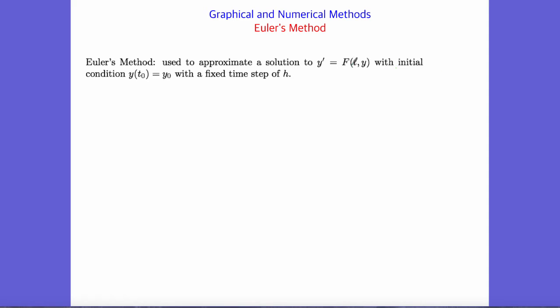Okay, so Euler's method is used to approximate a solution to a differential equation y prime is equal to f of t comma y with initial condition y of t sub 0 equals y sub 0 with a fixed time step of h. So that might not make sense, but the idea here is if we have some curve, okay,